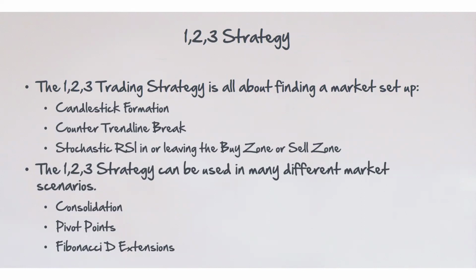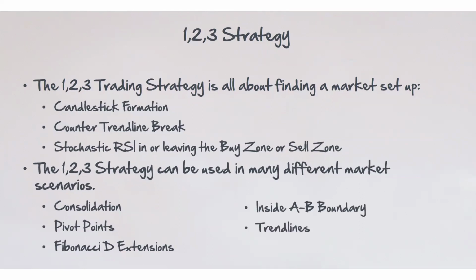Three, you look for stochastic leaving either the buy or the sell zone. And you can use it in a consolidation market. You can use it in pivot point. You can use it in the extension of Fibonacci. You can use it to buy or sell A to B. You can use it to buy or sell B to C. You can use it to buy or sell C to D in our ABCD structure. Okay. So